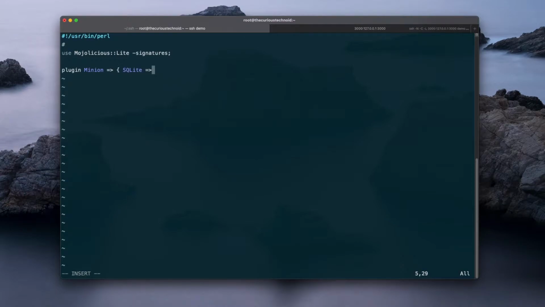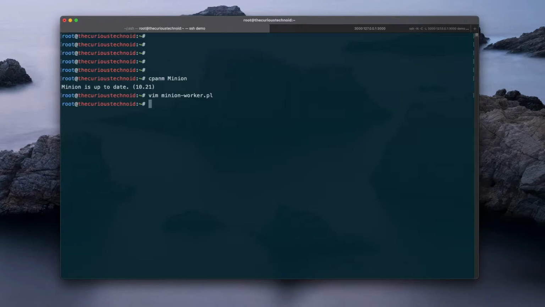I'll be using SQLite as the backend database. Minion supports PostgreSQL, MySQL and all the other popular databases. That's it. We have created a Mojolicious web app, called the Minion plugin, and we have started our application.